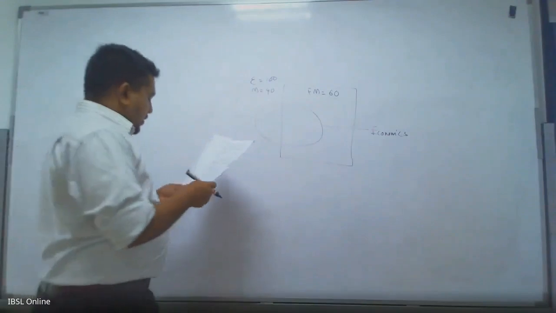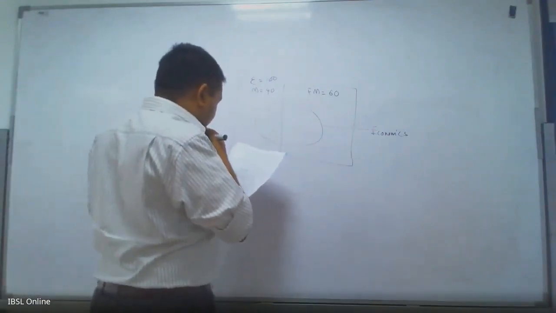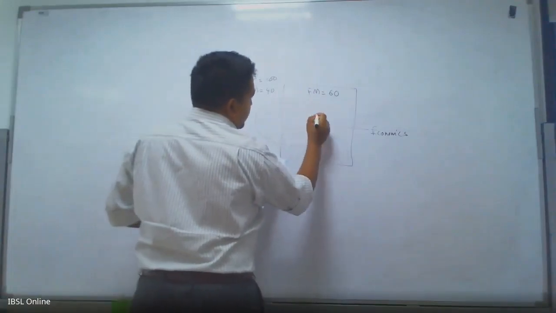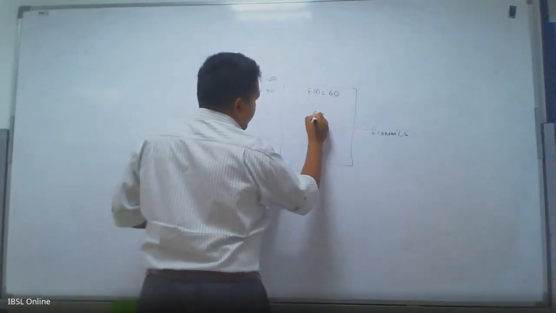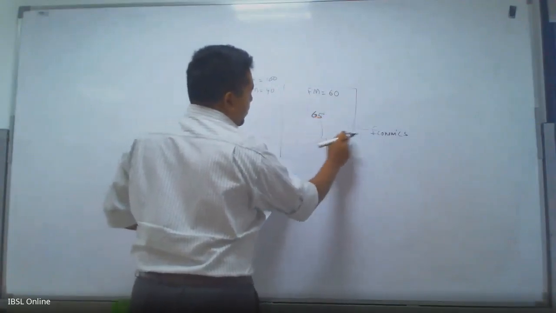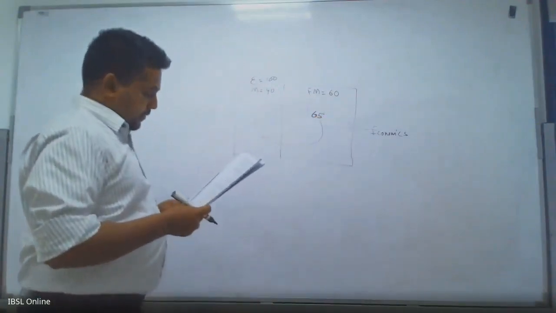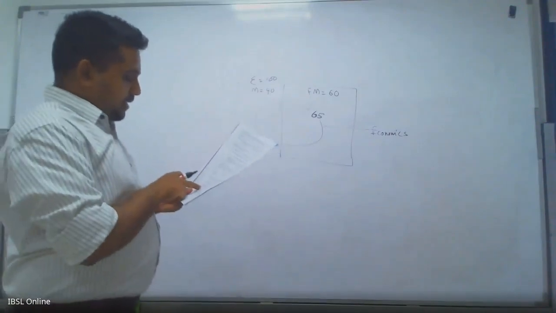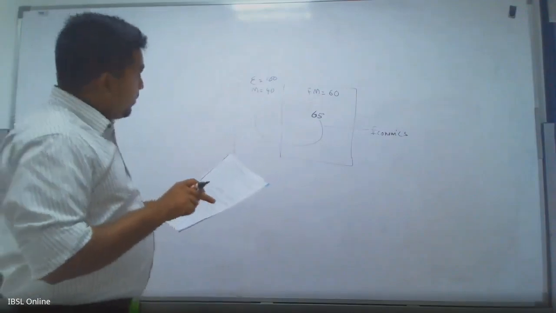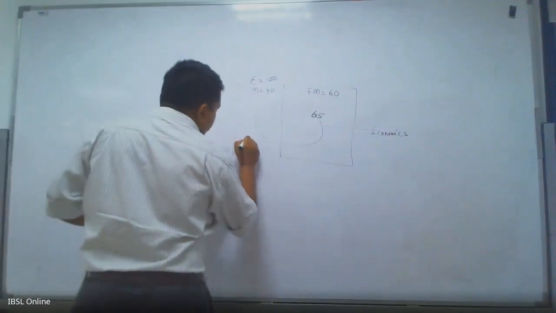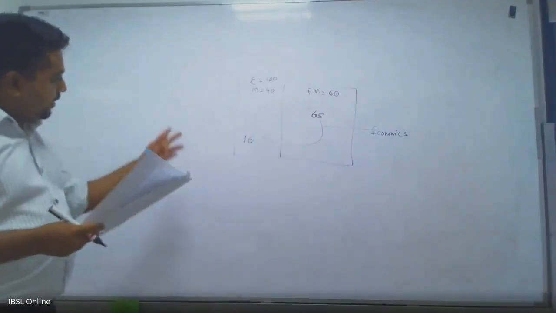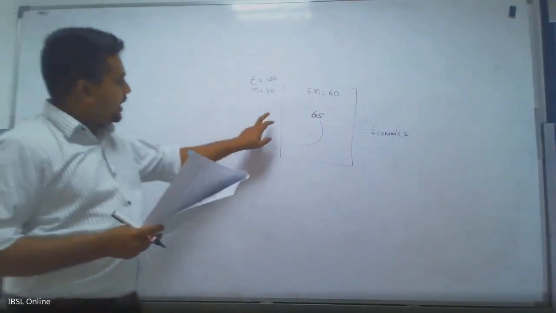Okay. So what else do I have in the data here? 65 are studying economics. That means this should be 65. This entire male and female economics student population is 65. One further piece of data is given. 16 of the male undergraduates are not studying economics. That means I can plot them here. 16 who are not studying economics. That means now I can fill the rest of the missing areas. I need to understand these 3